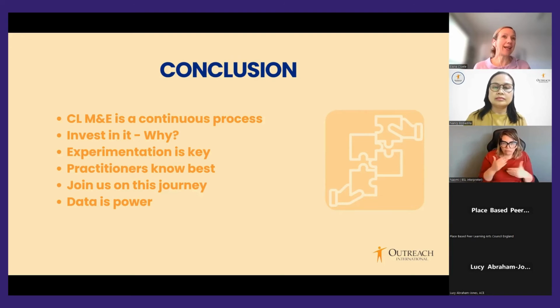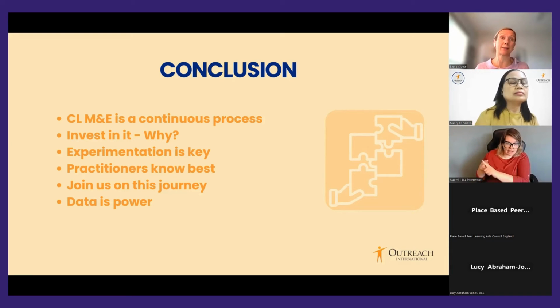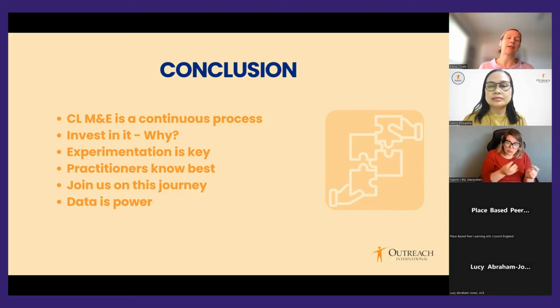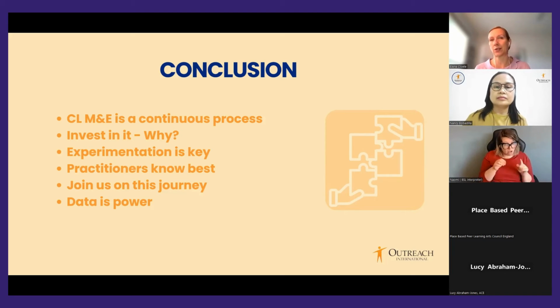So let's go ahead and support them in doing this kind of work. And we are also 100% certain that these processes are applicable across various sectors. We shared with you the sector within community development specific to food insecurities and also water insecurities. But we are very much determined and convinced that these kinds of processes can be applied across all kinds of different sectors and spaces of work.